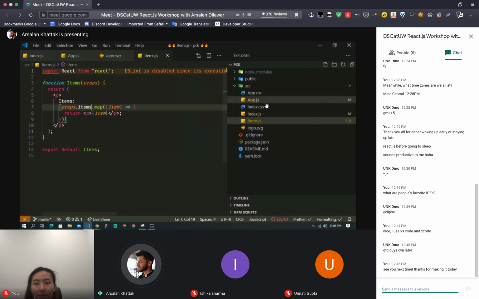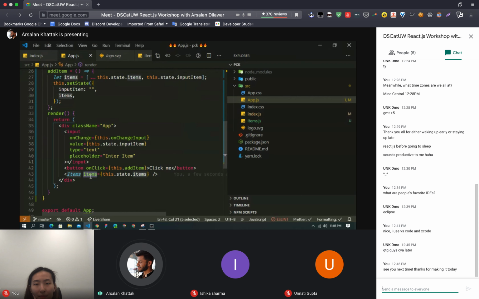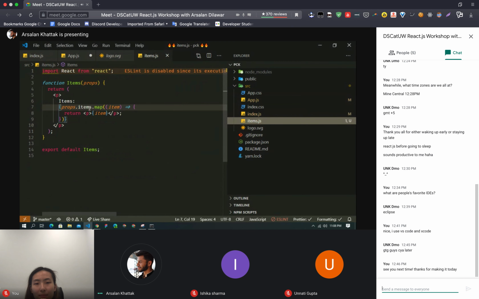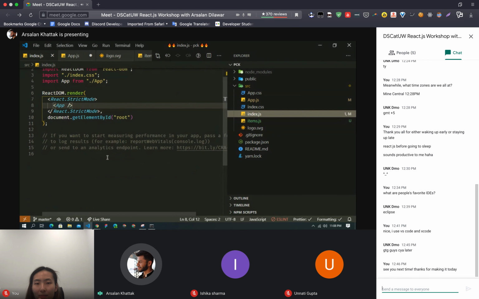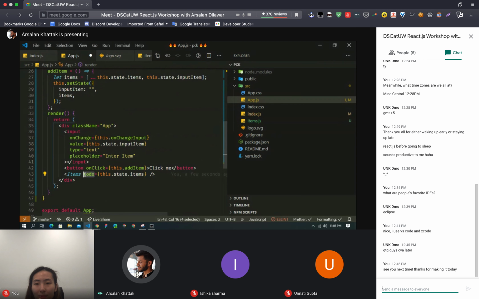Again, to repeat, this items is this.state.items. I can also change the name to whatever I want. For example, if I change it to todo, I also need to change it here, so props.todo. This props is an object, so whatever you pass here in this component can also be some constant, hard-coded thing, like this.